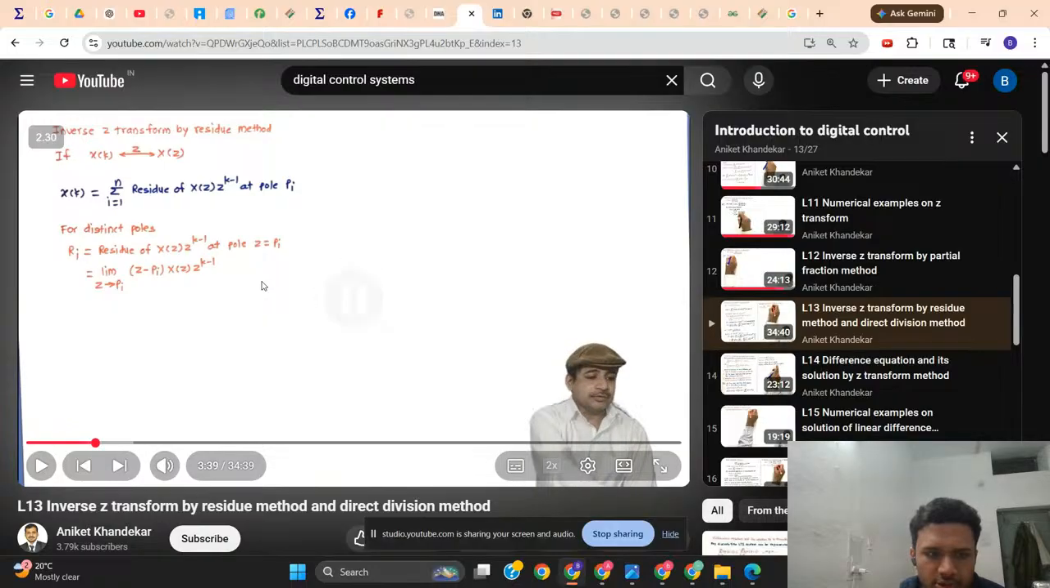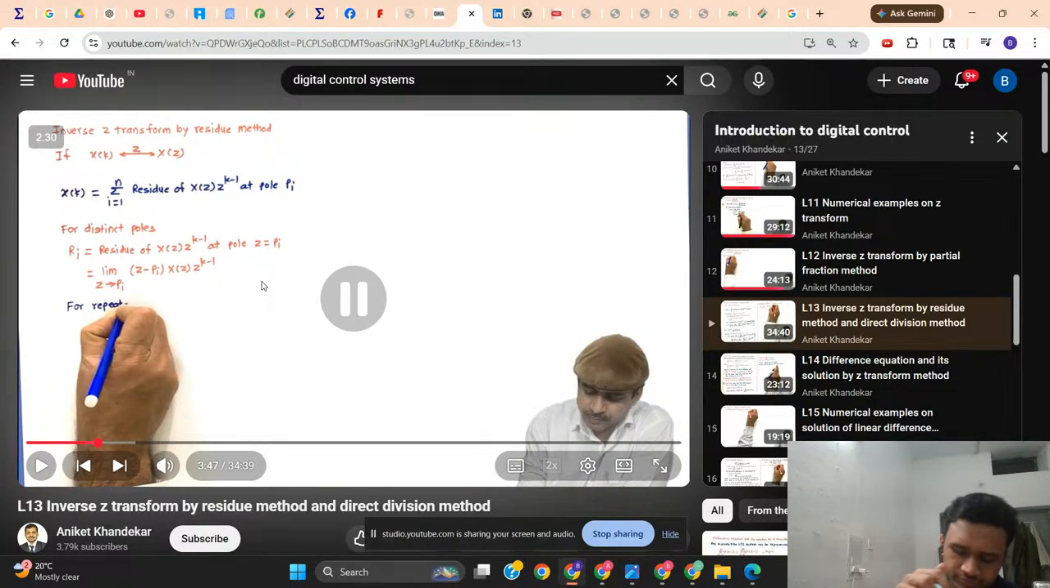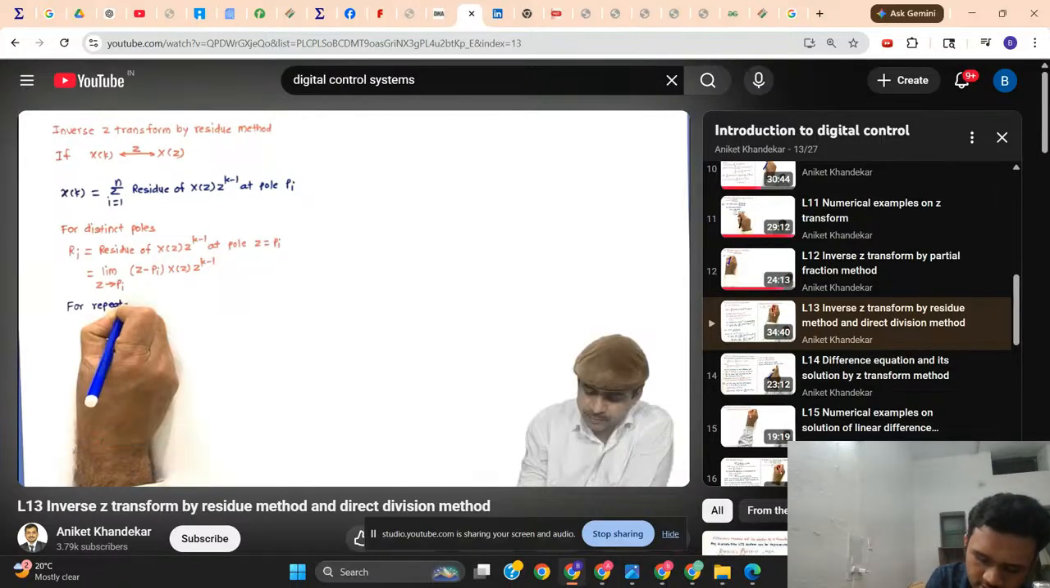And now सही बात, there are repeated roots. रेशियो का सबमिट करते हैं। Limit z tends to pi, z minus pi, X of z, z to the power k minus 1। ये अपना पूरा टर्म है। ओके,